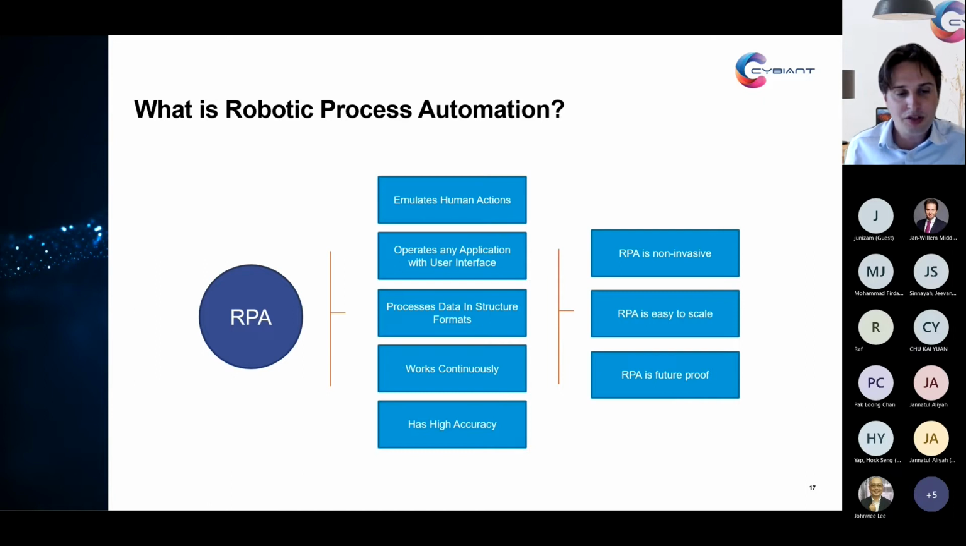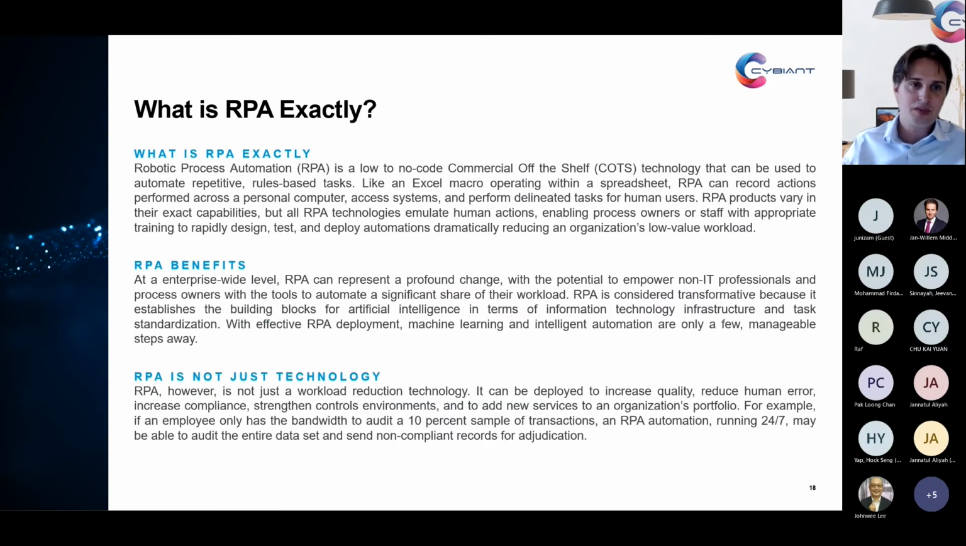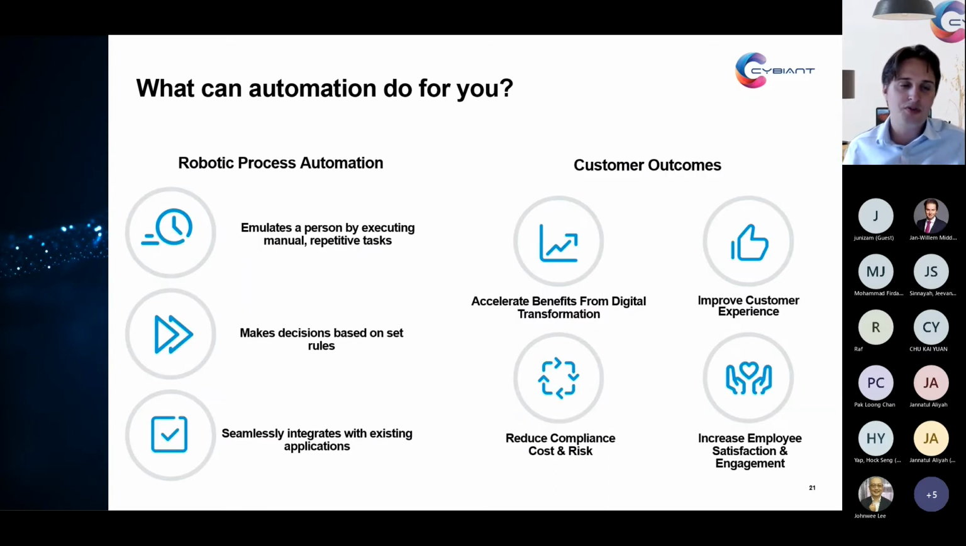So if we look at some of the official definitions, basically RPA is commercial off-the-shelf technology that enables you to automate repetitive tasks. That's what we're going to be looking at significantly. How do you do that, and how are you going to make sure that this can actually be done? In order to understand that a little more in depth, let's look at some of the main key features